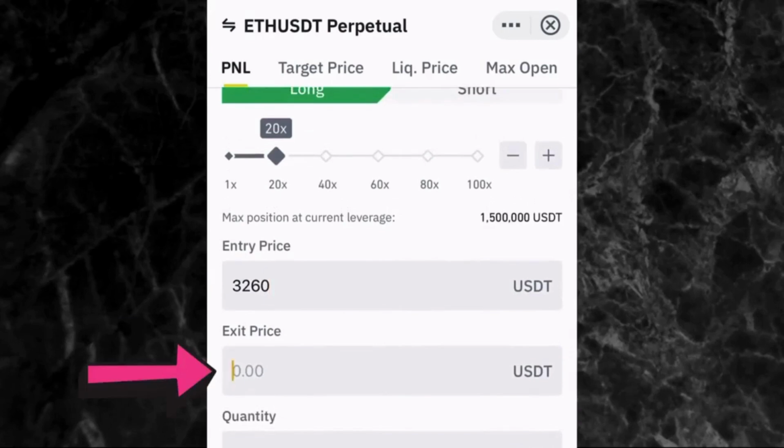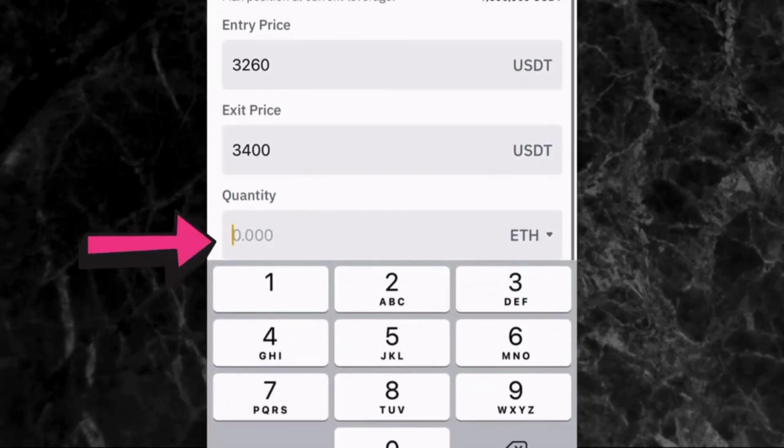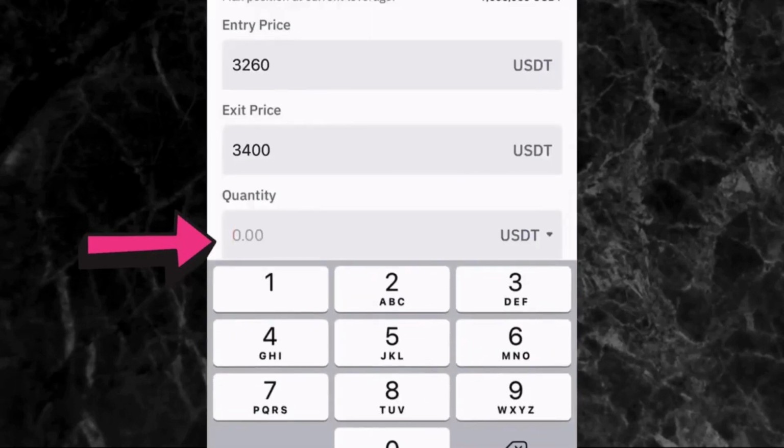Exit price here, you're going to enter the exit price, the price that you want to close the position or take your profit. Let's say $3,400, for example. Now here you're going to put in the quantity of ETH, but let's just pick USDT. So you tap that drop down arrow and tap USDT. So let's say we are going into the trade with, let's say,